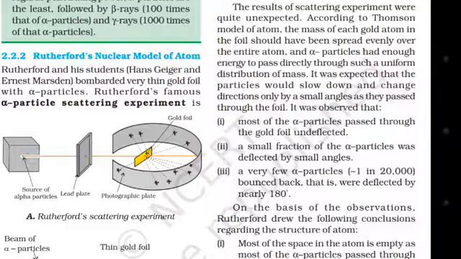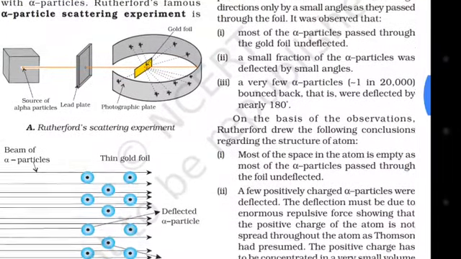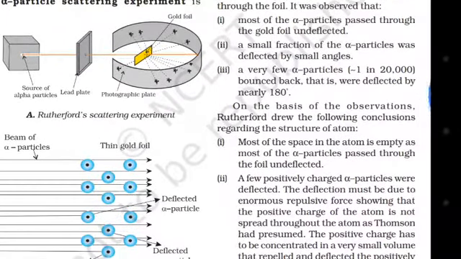According to the Thomson model of atom, the mass of each gold atom in the foil should have spread evenly over the entire atom, and alpha particles had enough energy to pass directly through such a uniform distribution of mass. It was expected that the particles would slow down and change direction only by small angles as they pass through the foil. It was observed that, first, most of the alpha particles pass through the gold foil undeflected. Second, a small fraction of alpha particles was deflected by small angles. Third, a very few alpha particles, nearly 1 in 2000, bounced back, that is, were reflected by nearly